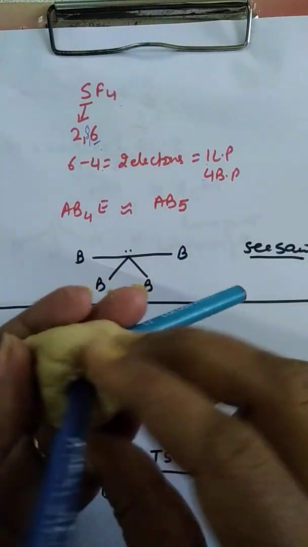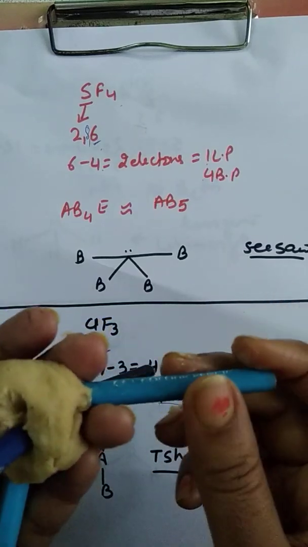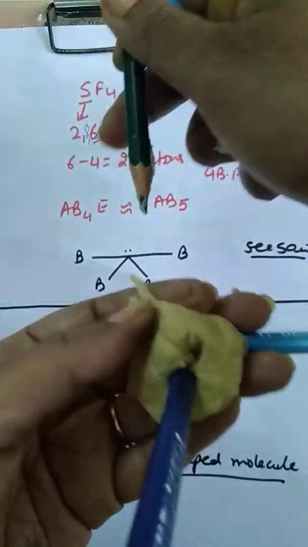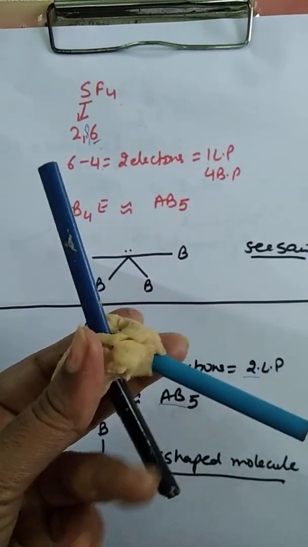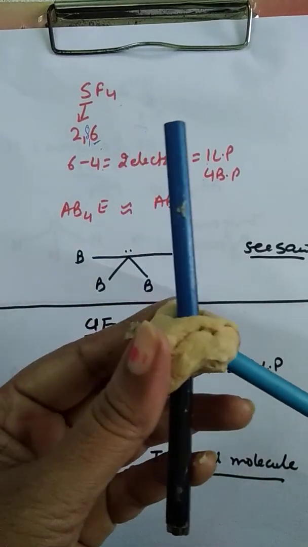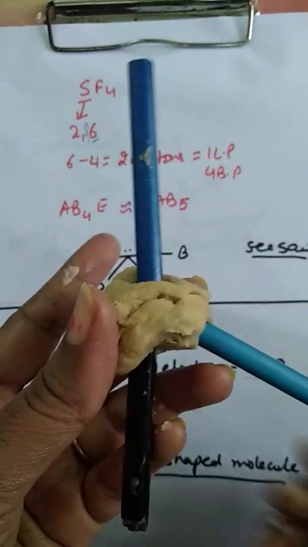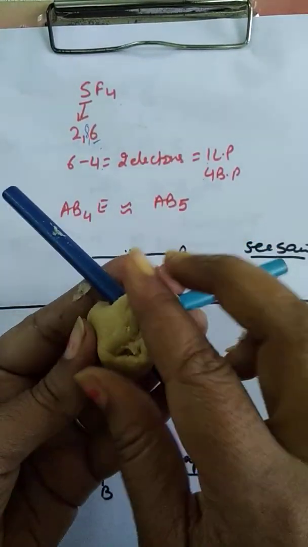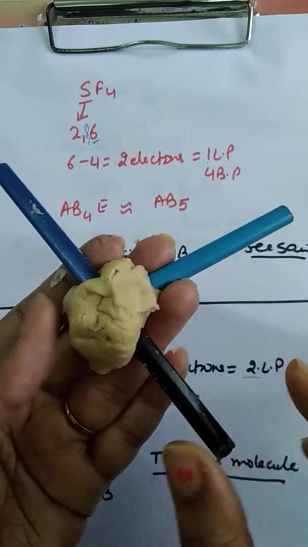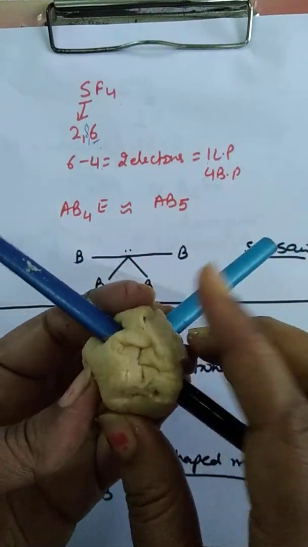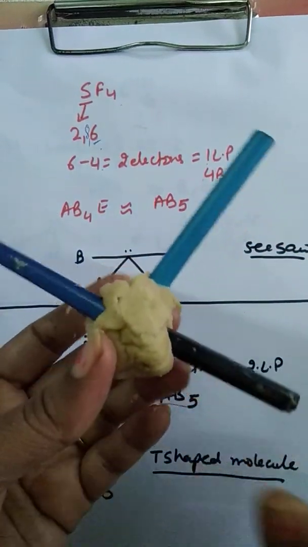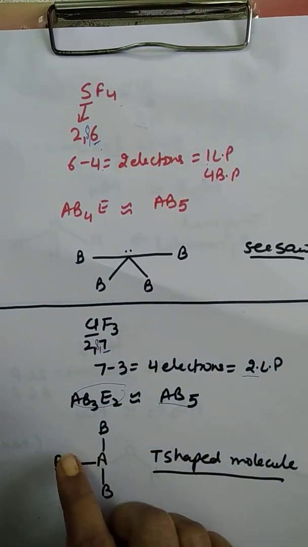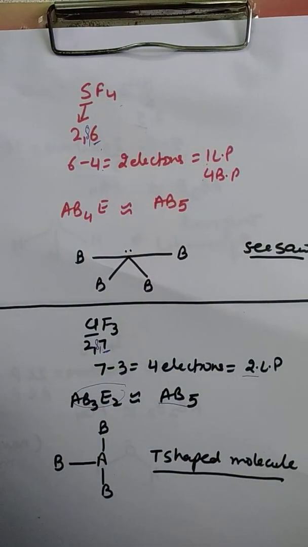In this case, while removing the atoms, we have to always pay attention. We will remove the planar atoms first and the peripheral atoms later, because planar atoms repel each other. According to VSEPR theory, the repulsion between lone pair and lone pair is more than lone pair and bond pair, which is more than bond pair and bond pair. So this is how the molecule will look, ClF3, and it looks like the English alphabet T. So it's a T-shaped molecule.